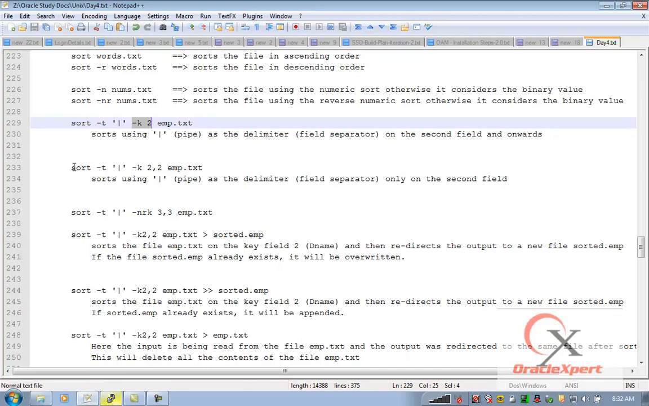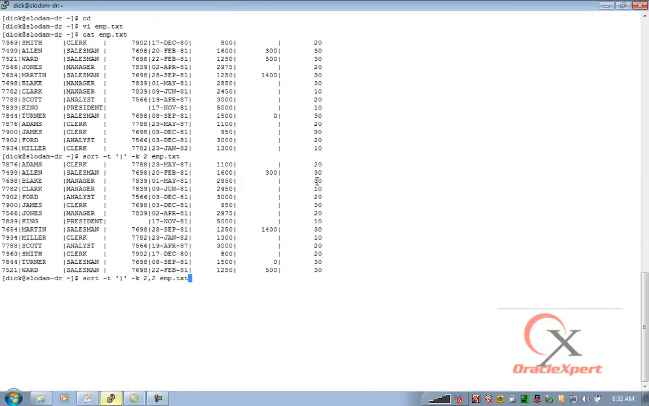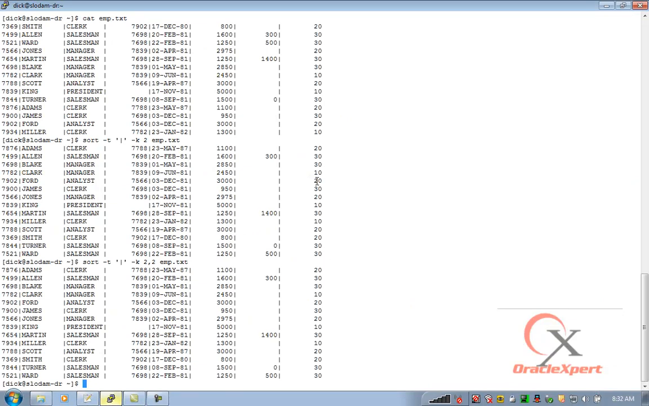Whereas this one tells only do it on the second field. Do not consider anything else beyond this one. When I check this, visibly there would be no change in the output, because in our second key field, which is employee name, there aren't repetitive values. So whether I consider the other ones or ignore them, it's all going to be the